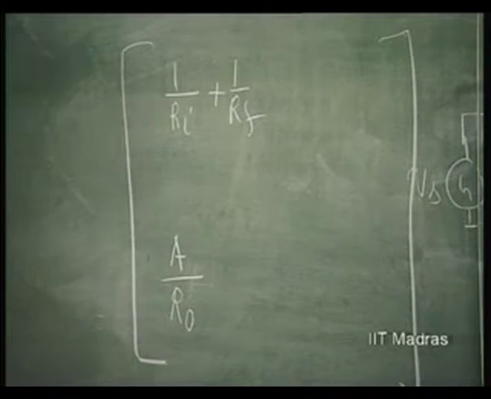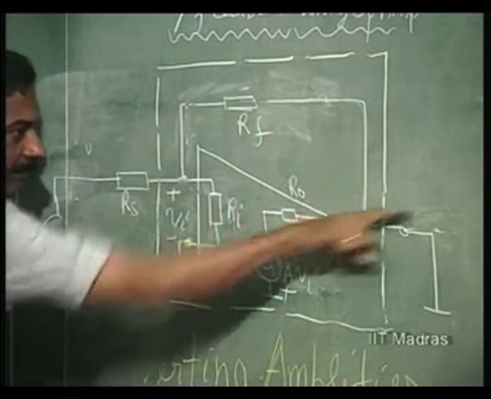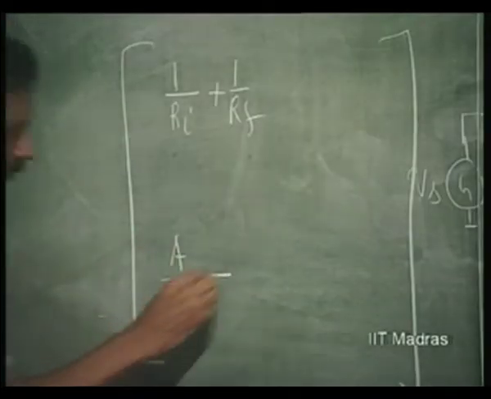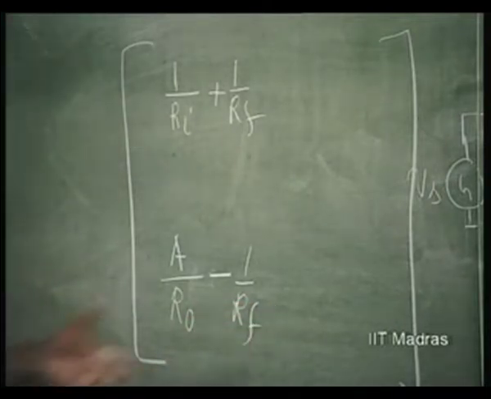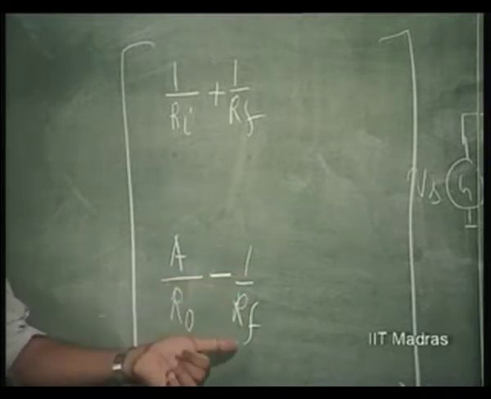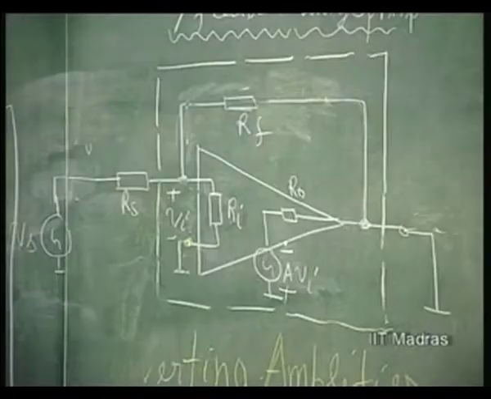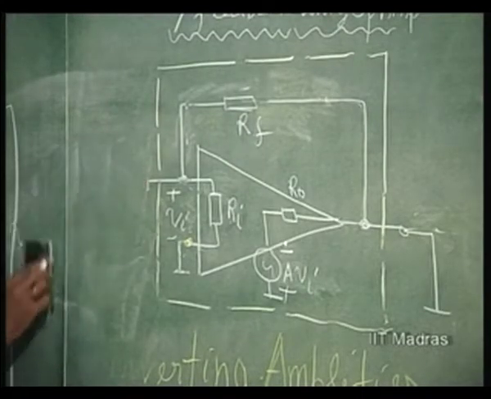What about the feedback network? If I apply Vi here, the current Vi by Rf will be going out. So minus 1 over Rf. So you can see A by R0 is due to the amplifier, minus 1 over Rf is due to the feedback network. Simple. Next, I short circuit the input